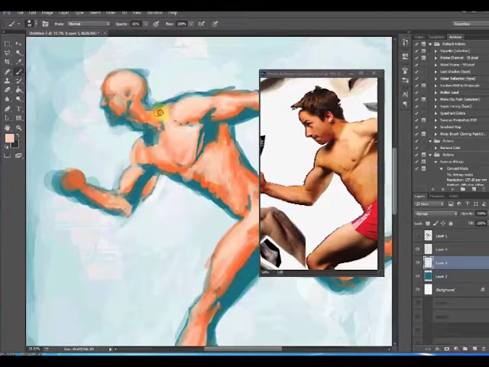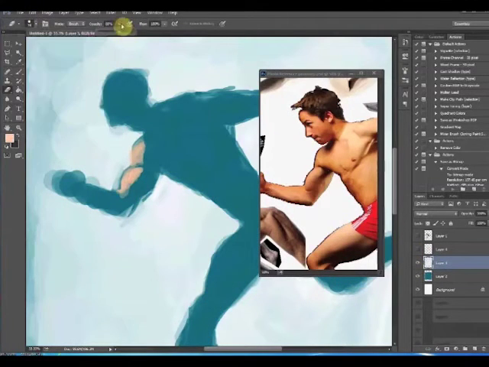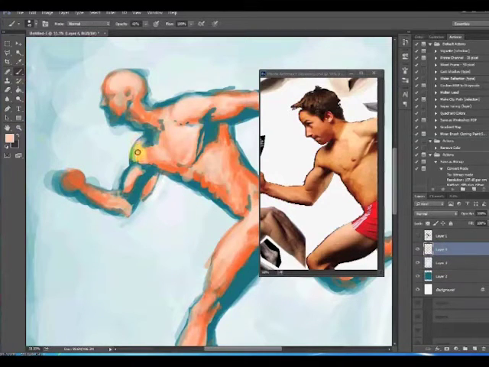The photo reference helps you go in and fine tune all the details, and make the muscles the right kind of weight and flex them in a way which is more anatomically accurate. Here the bicep's more flexed than it is in the model. You've got things like the veins popping out, which you wouldn't get from your dad's studio model either. The lighting's more nuanced. There's texture in the skin. The muscles are actually responding in the way that human muscles do, and connecting at the points where the muscles actually connect, like the